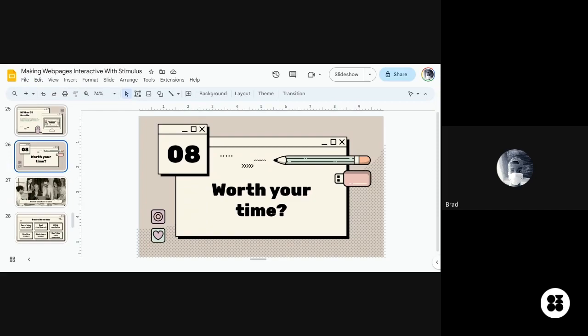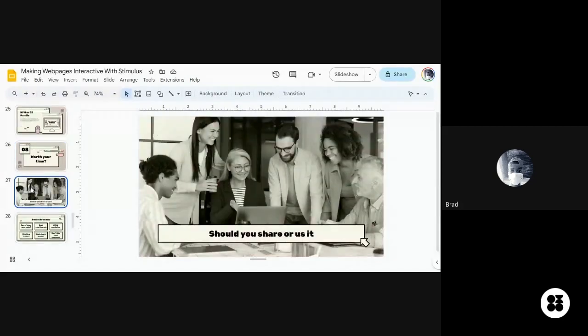So is it really worth your time? You came to this meeting to learn something and you have been hearing me speak about this stuff. Is it really worth your time if you are starting out, or if you're already dealing with all those fancy React and Vue and the likes? Another question is, should you share it? But I'm here sharing it with you. So why am I here sharing it with you?